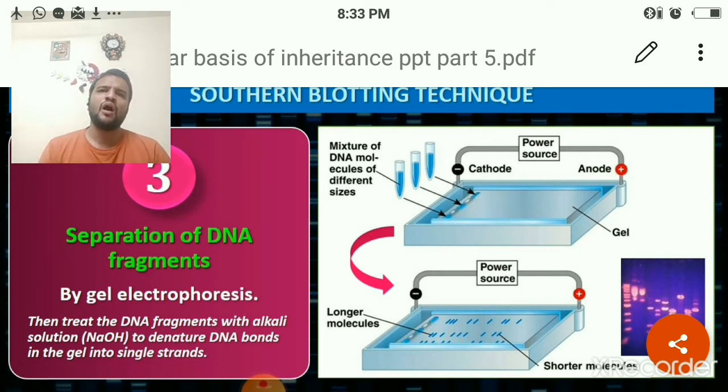And how are the DNA fragments separated? The principle involved here is that DNA carries a negative charge. So negatively charged DNA will move towards the positively charged anode. When the power supply is on, the DNA fragments, based on their size, start separating. They start moving towards the positively charged anode, and that is called gel electrophoresis. Okay, next, after this,